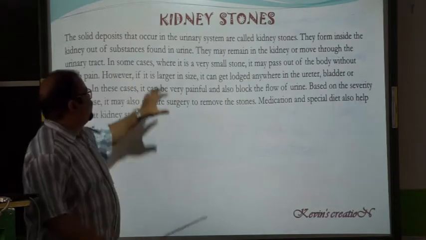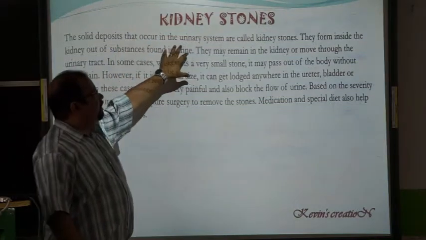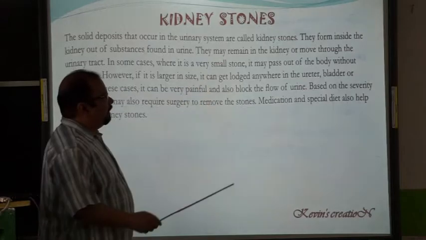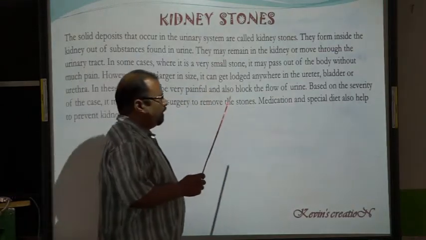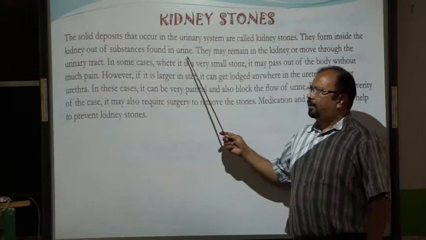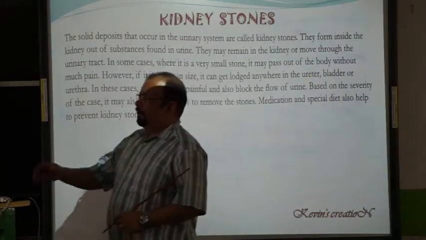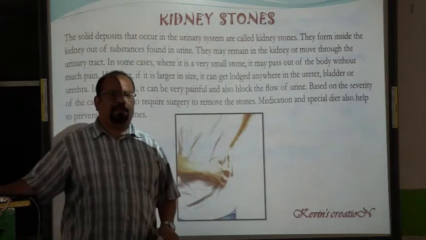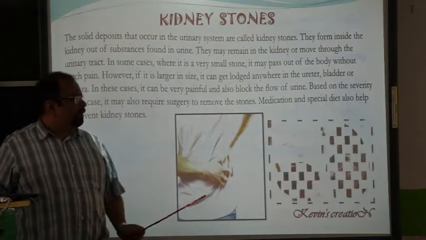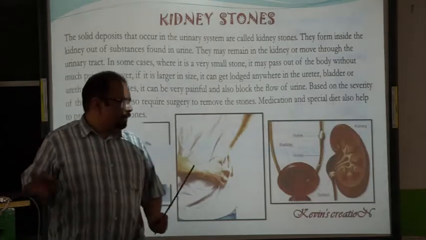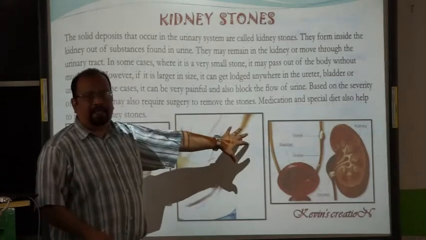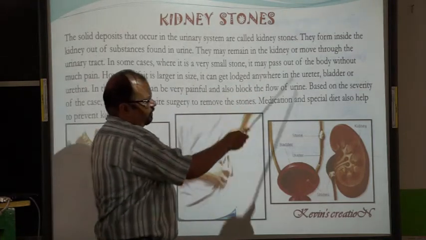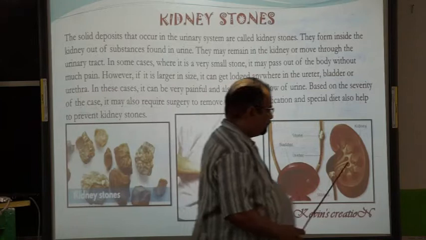The solid deposits that occur in the urinary system are called kidney stones. They are solid. They form inside the kidney out of substances in the urine. So first they are made in the kidneys. And whenever you have kidney stones, you will have severe pain. So these diagrams are there with which I explain how this happens. They may remain in the kidney. So here you can see